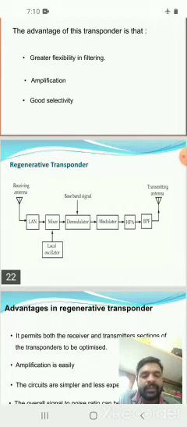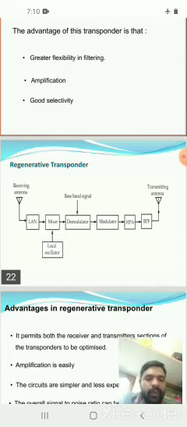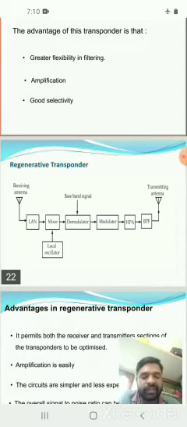The modulator modulates the message signal by using a high frequency carrier signal. So the output of the modulator is very high frequency, and it is called the modulated signal. This modulated signal is very high frequency because the modulator combines the message signal and the carrier signal. The carrier signal frequency is in gigahertz. Here very high frequency signals are used.